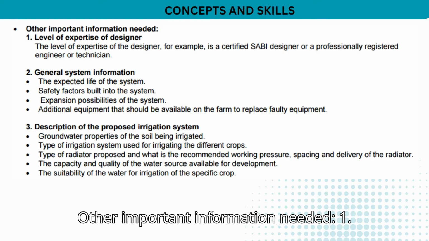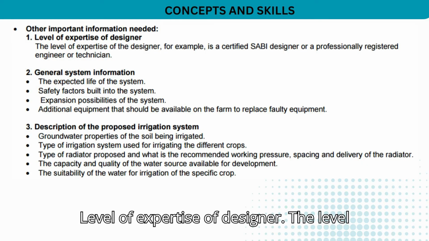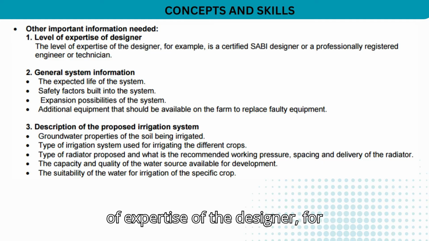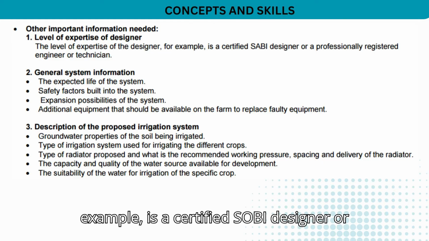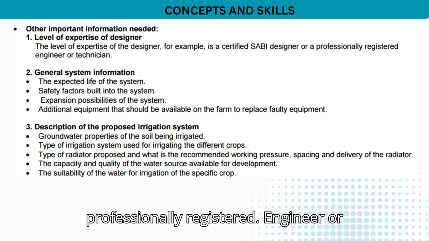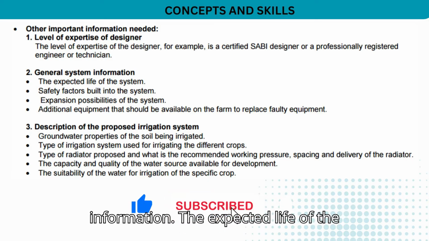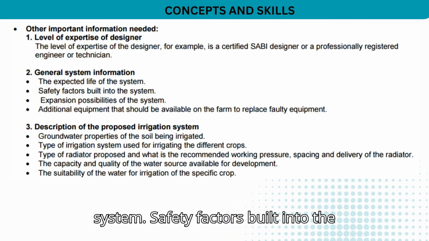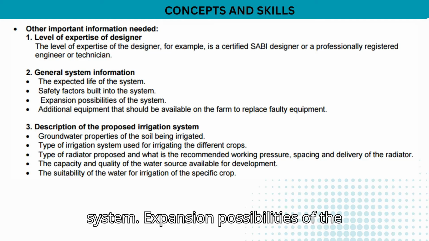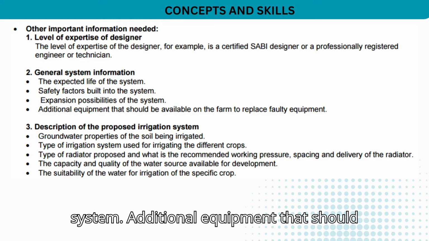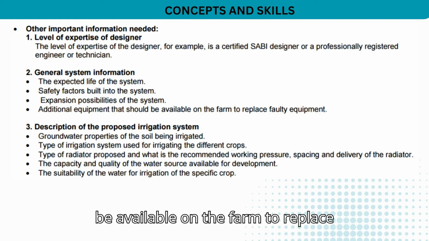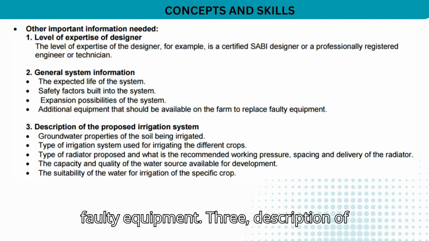Other important information needed. 1. Level of expertise of designer. The level of expertise of the designer, for example, is a certified SOBI designer or a professionally registered engineer or technician. 2. General system information. The expected life of the system. Safety factors built into the system. Expansion possibilities of the system. Additional equipment that should be available on the farm to replace faulty equipment. 3. Description of the